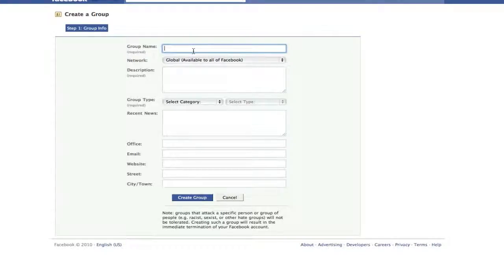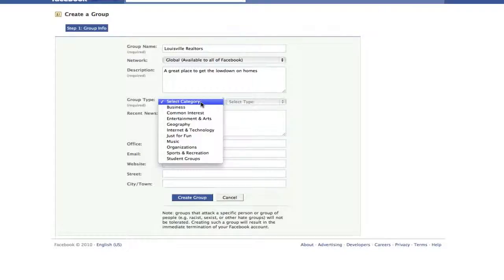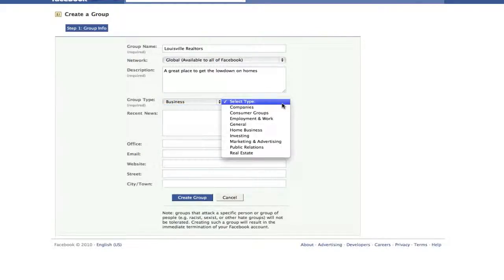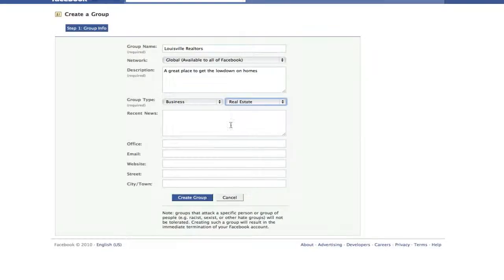I'm just going to start by calling this group, maybe we'll call it Louisville Realtors. Alright, and we will leave it global and available to all of Facebook. Description, a great place to get the lowdown on homes. You're going to select a category. In this situation, it's going to be business and real estate. Recent news. I'm going to put starting my own great Facebook group. What could be better than that? And then